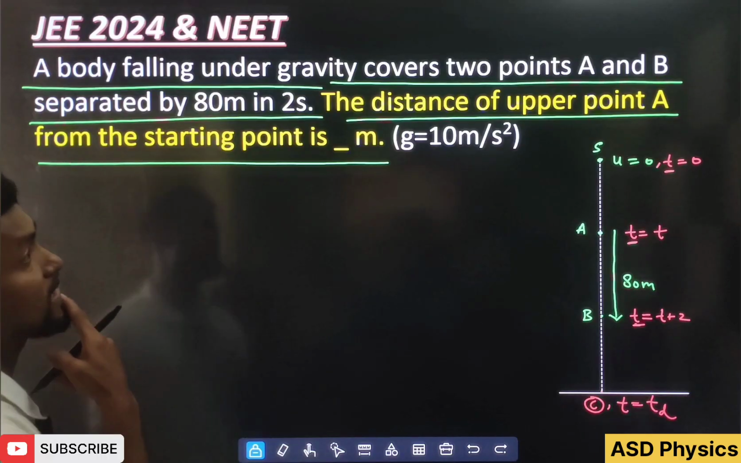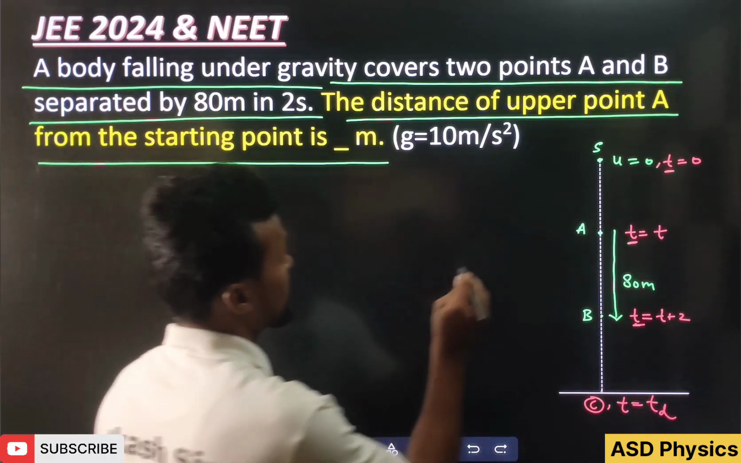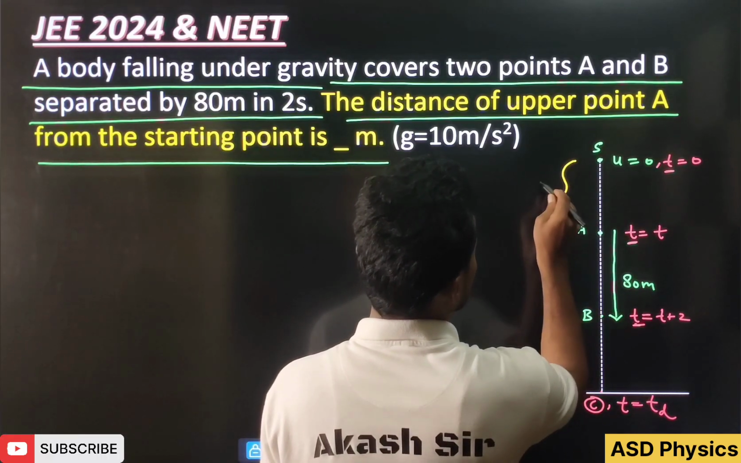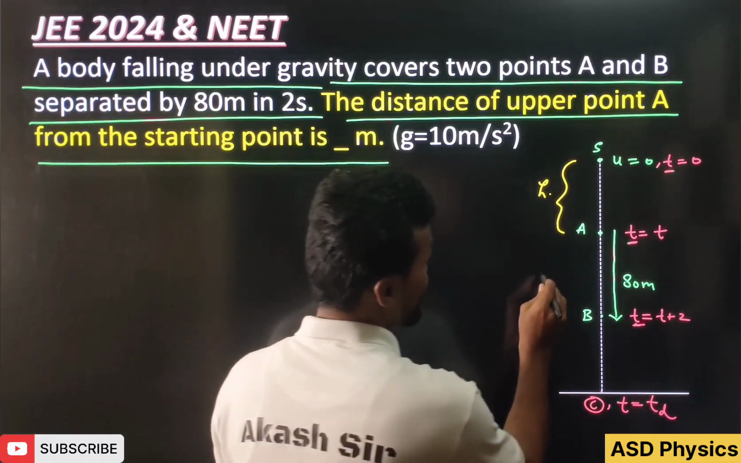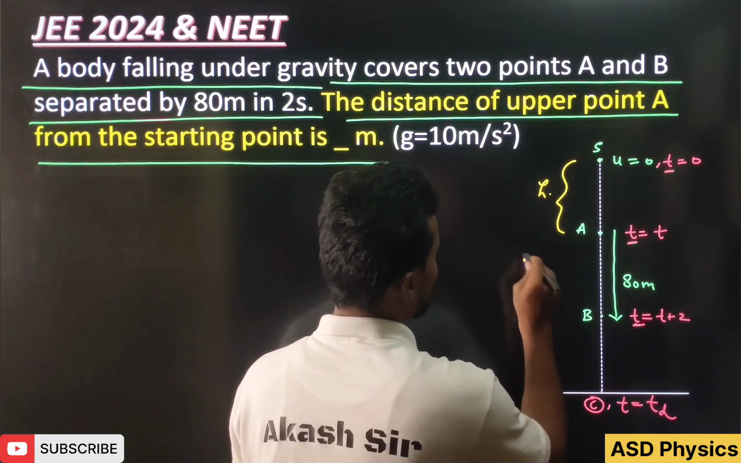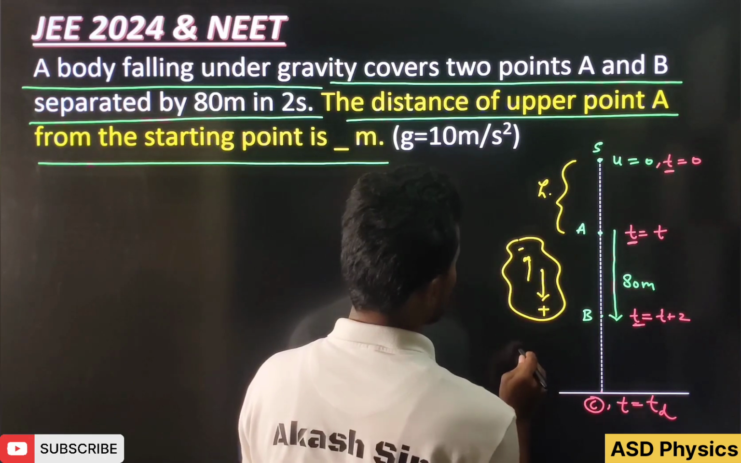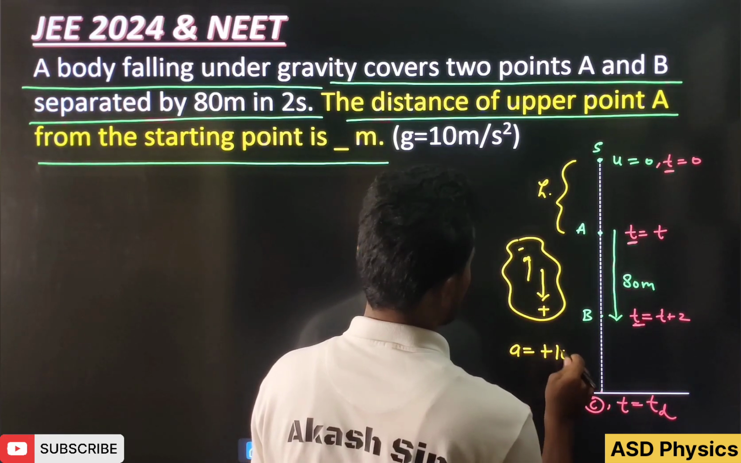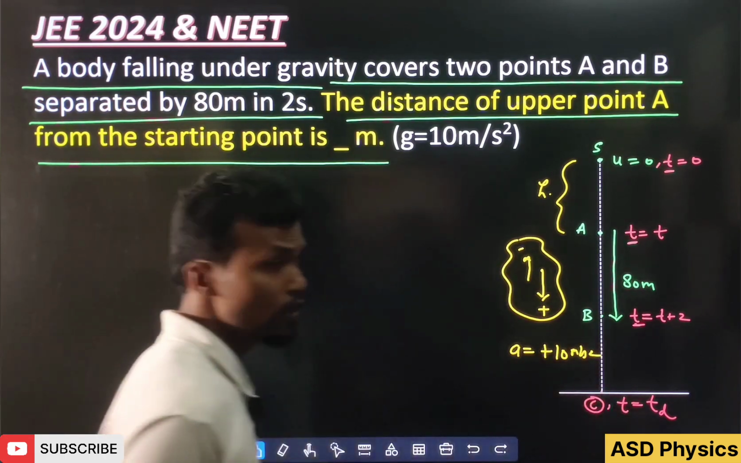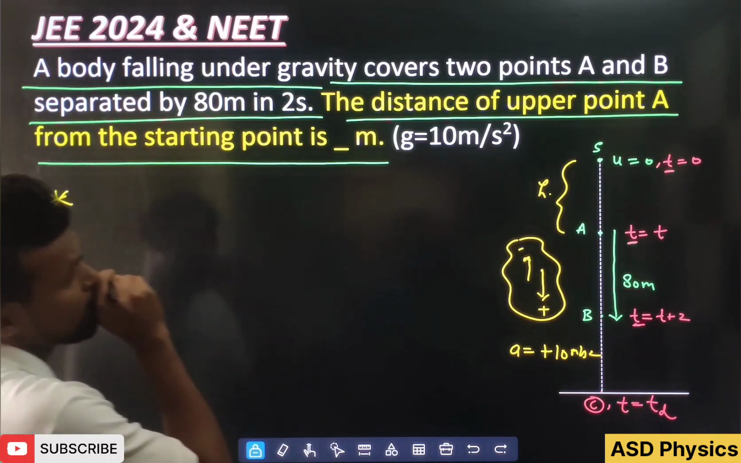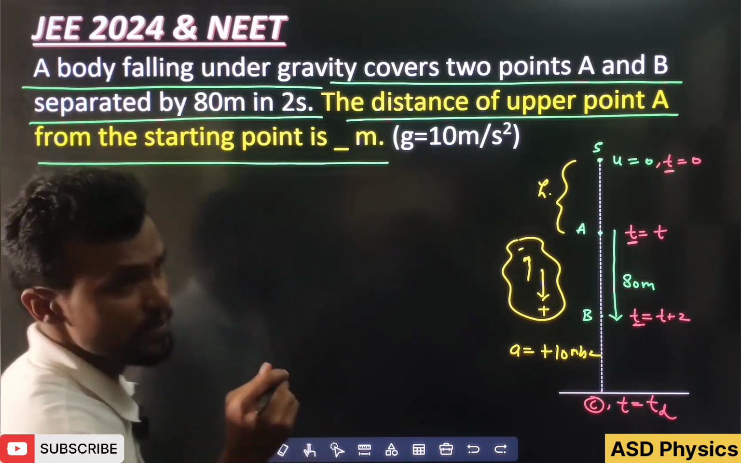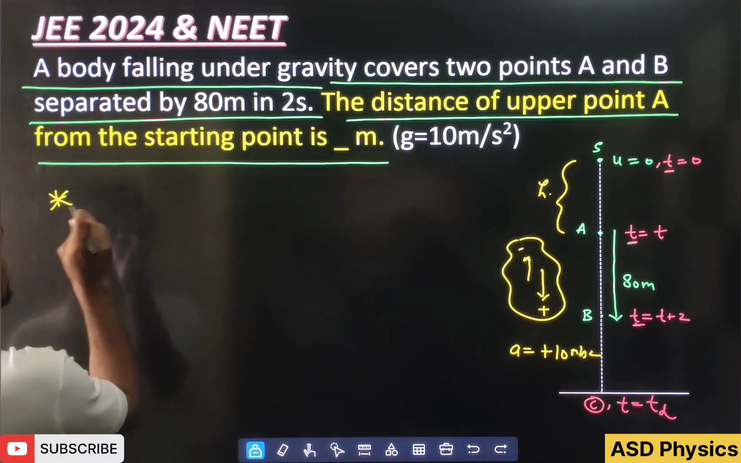What we have to calculate is the distance of upper point A from the starting point. This we want. This is h, let's take. Sign convention: downward direction is plus, upward minus. The acceleration a will be plus 10 meter per second square. So what I am going to do here, students, remember, first I am going to use the equation of motion. Time is mentioned, so we can use here